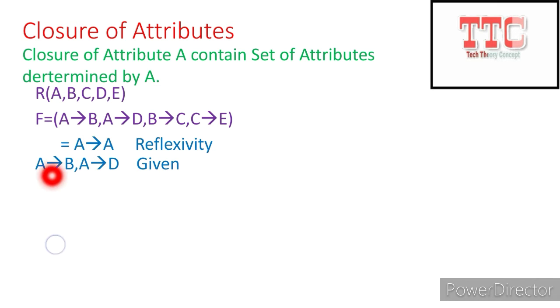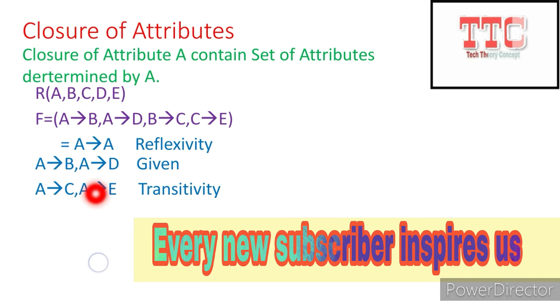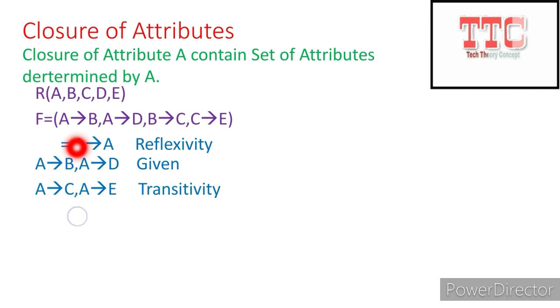Now we have A determine B and B determine C. So we can find another functional dependency here, that is A determine C using the transitivity rule. And if we apply the same rule on A determine C and C determine E, then we can easily find A determine E. Now if we combine all the attributes, because our left hand side attribute is common, that is A, and right hand side attributes are different, we can combine them using the union rule, and we get one more functional dependency, A determine A, B, C, D, E.